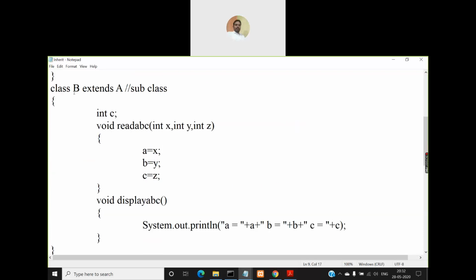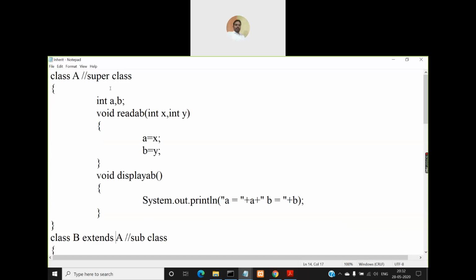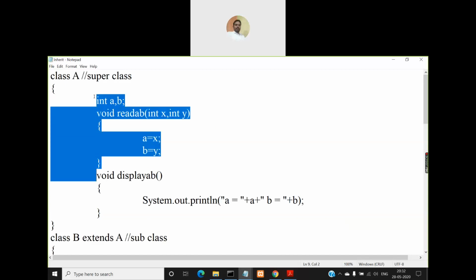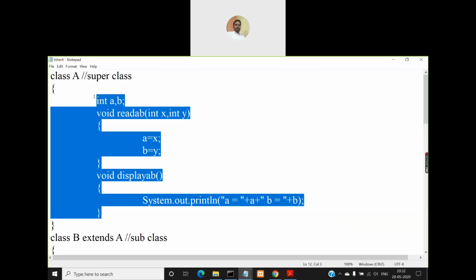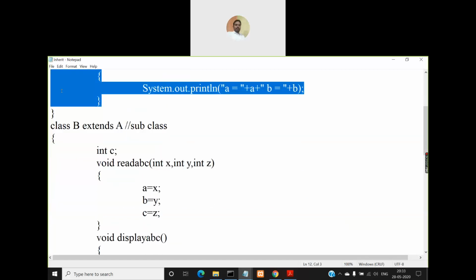Coming to class B, because you are using the keyword extends and extending class A, automatically all the members of class A, that is the two instance variables a, b and two methods readAB and displayAB, will also become members of class B. You need not redefine them in class B again.